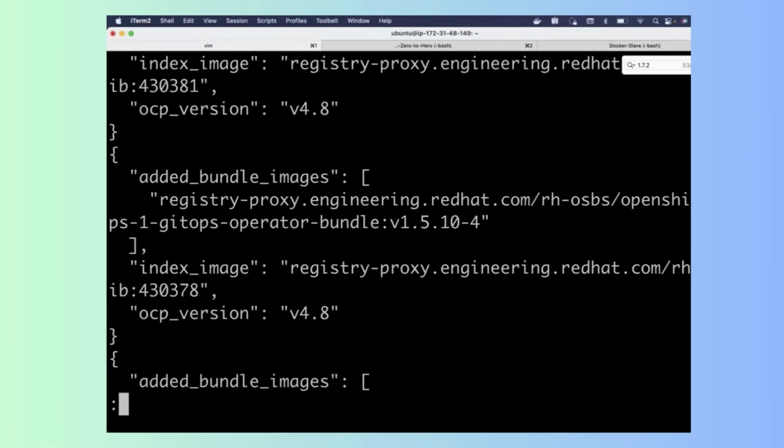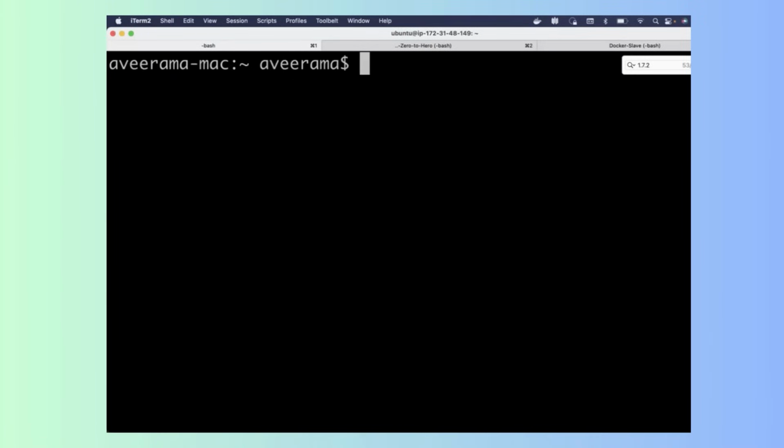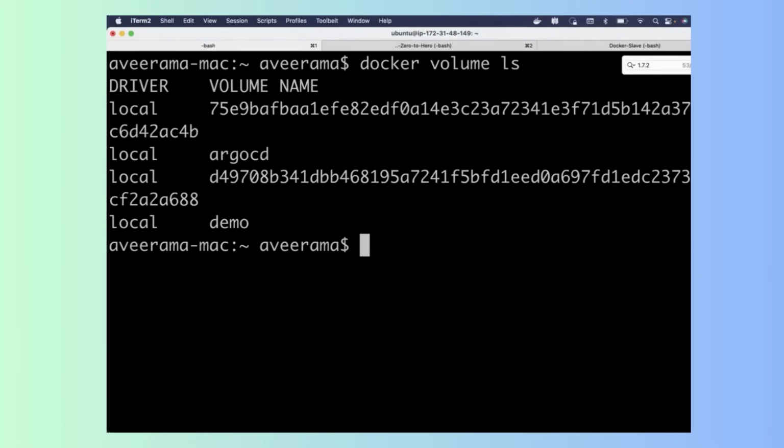Perfect. So like I told you, we'll start with a specific command to see how you can understand the life cycle of containers. If you simply see here, I can use a command called docker volume ls. It will provide me the details of the volumes. So it says that I have a volume called Argo CD, I have a volume called demo, and I have